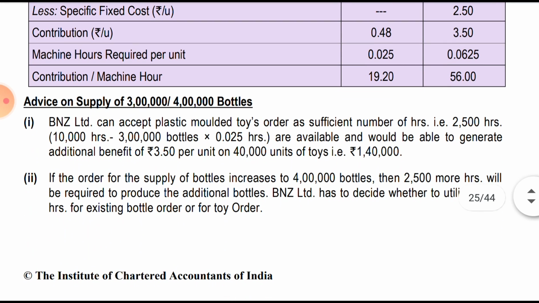So the first question answer will be, BNZ can accept the plastic mold toy order as a sufficient number of hours, that is 2,500 hours, 10,000 minus 3 lakh into 0.25 hours, are available to generate the additional benefit of 3.5 per unit on 40,000 toys, that is 1,40,000. So it is gaining 1,40,000. How this 1,40,000 came is,